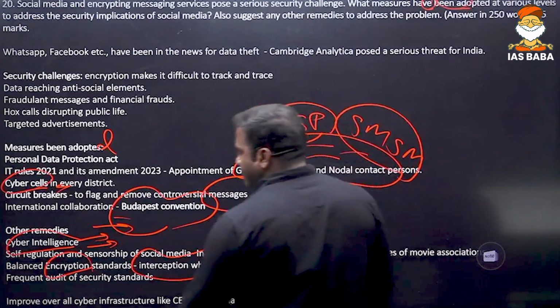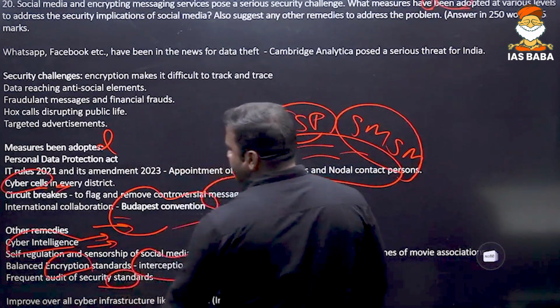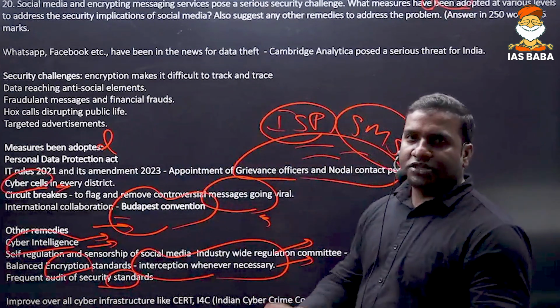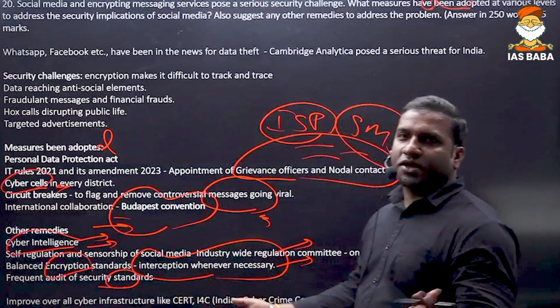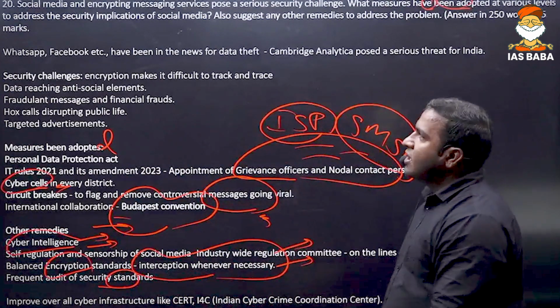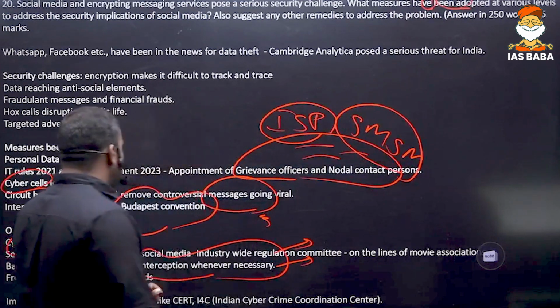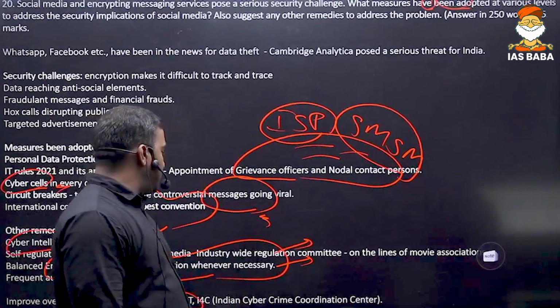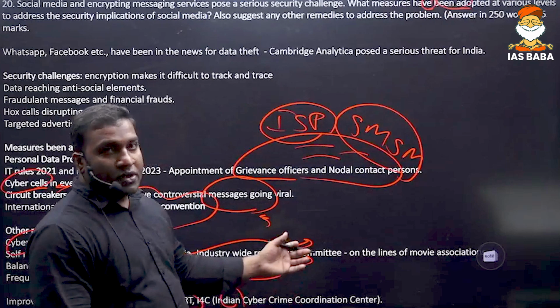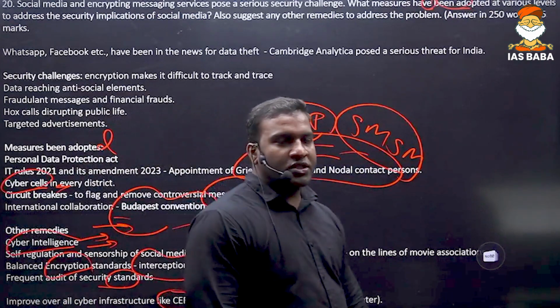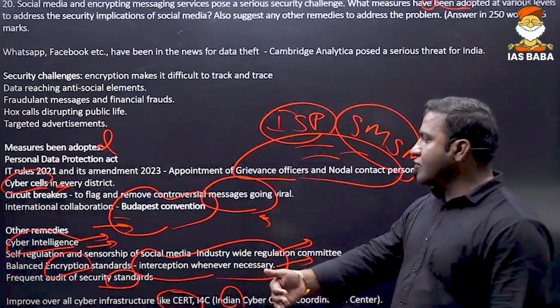Then give frequent audit and security standards. Audit of security standards: how social media security is maintained, we have to audit them frequently. Then conclusion: improve overall cyber infrastructure like the Computer Emergency Response Team, I4C, Indian Cybercrime Coordination Center. All these things. Come up with new encryption